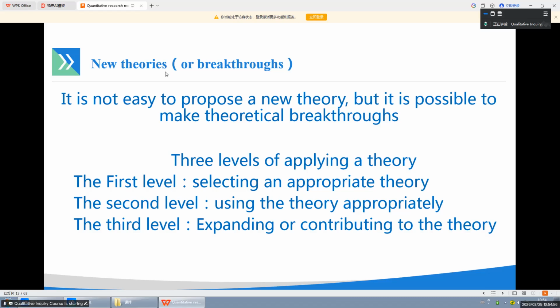For example, we may say this concept could be a multidimensional concept. The theory may tell you that, the structure of the concept. The theory may also tell you the relationships of the variables. The theory may also tell you what methods can be used for this research. All of them are key elements of a research. So without a theoretical framework,